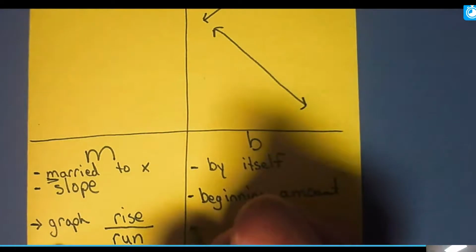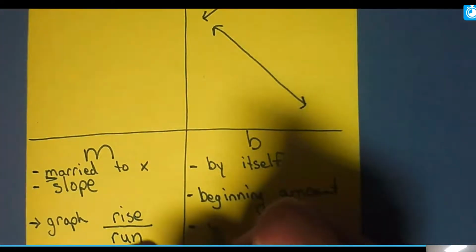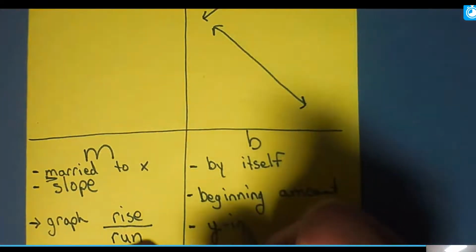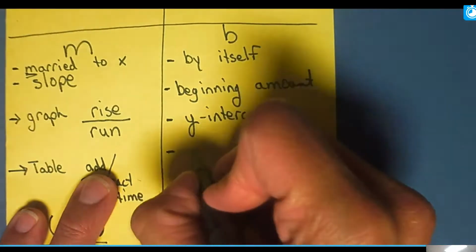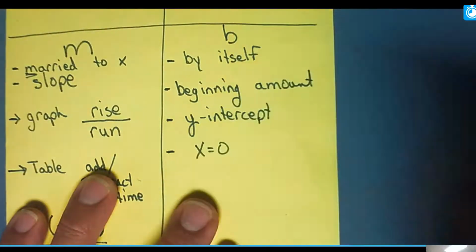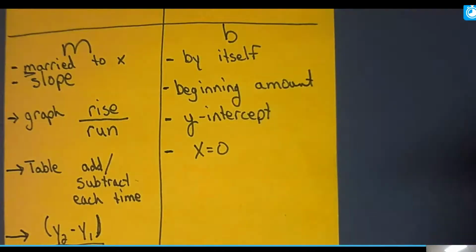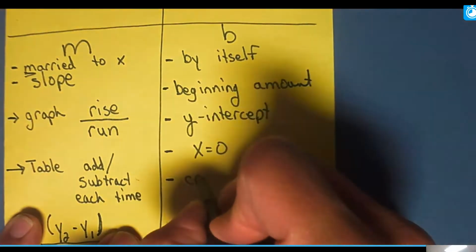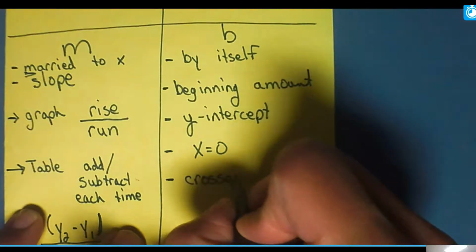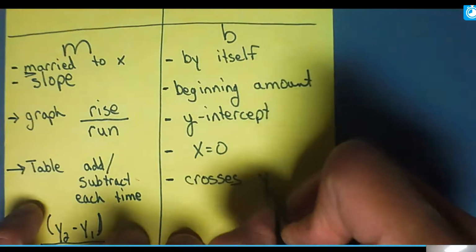Its official name is the y-intercept. It's where x is always 0, okay? And it's where it crosses or intercepts the y-axis,